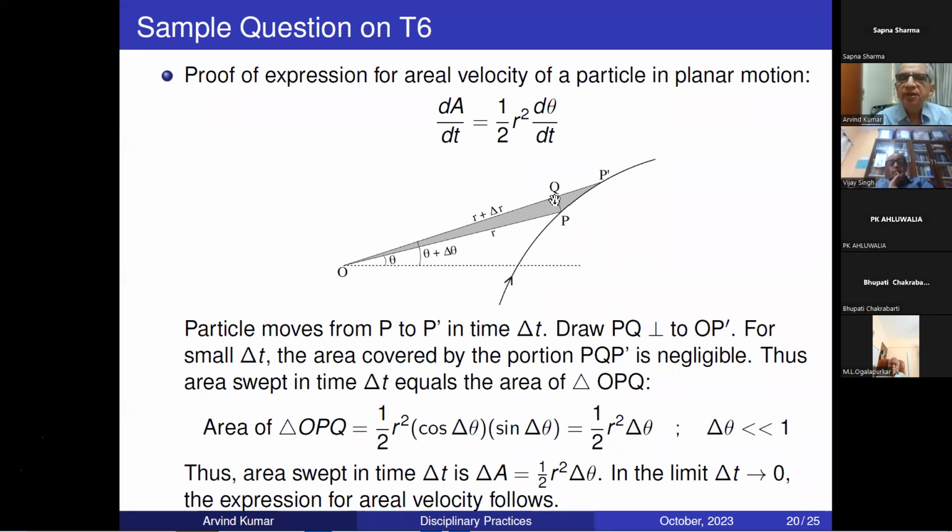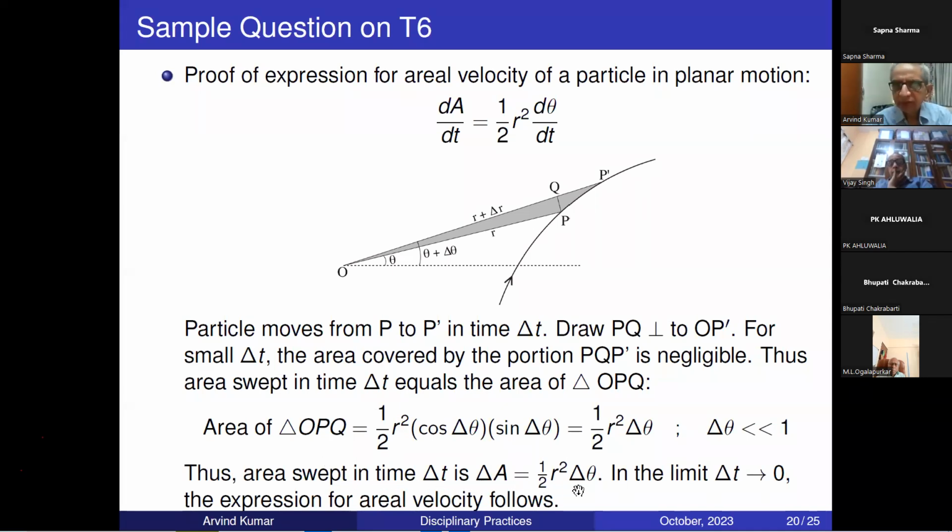So base into height. Base is r cos delta theta and height is r sin delta theta. And this actually is r squared sin 2 delta theta upon 2 times 2, and sin 2 delta theta is 2 delta theta, so you just get half r squared delta theta. So it's again an oral calculation, hardly needs any mathematics. Thus the area swept in time delta t, this was delta A,